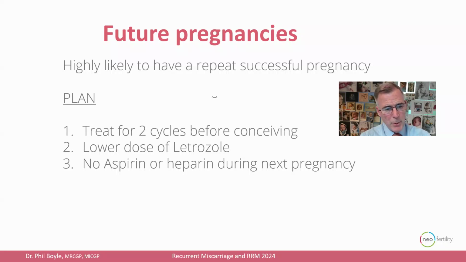I remember I had one couple in particular who had 7 recurrent pregnancy losses. And they went on to have 4 consecutive successful pregnancies with no more miscarriages once we got to the root causes and corrected everything preconception every time. And my learning lessons would be I'd use a slightly lower dose of letrozole to help us avoid having twins. And really, we've got to stop those blood thinners because they're completely unnecessary in her case.